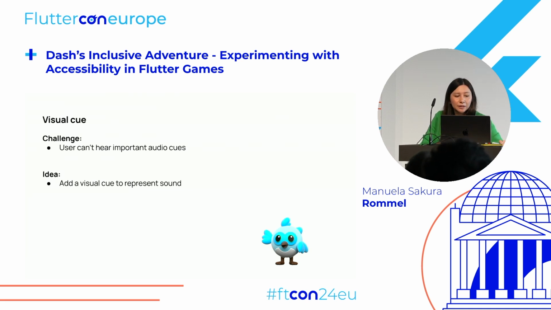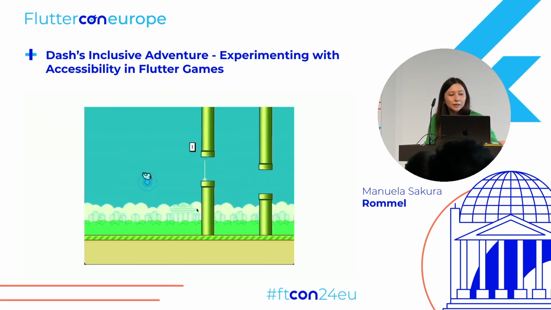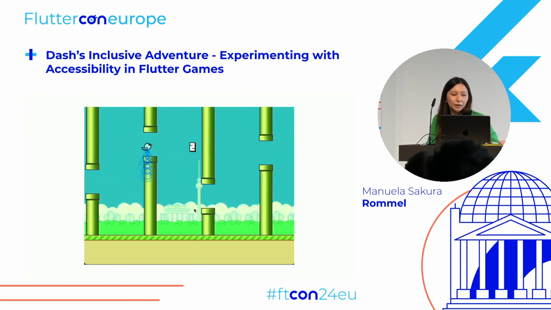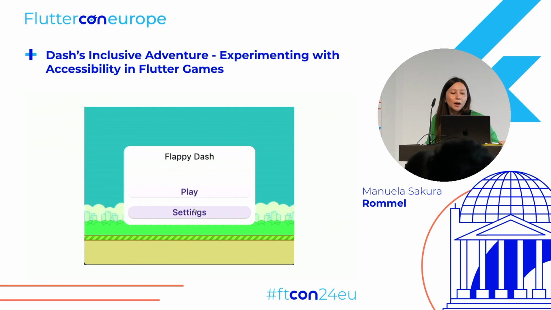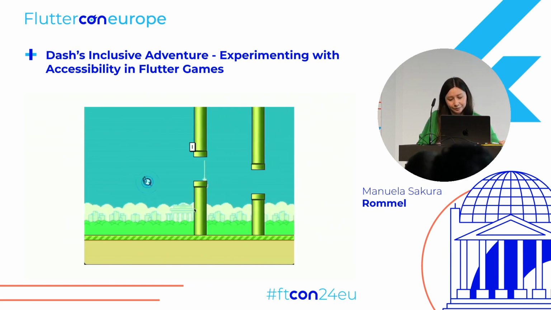So this is now a little bit made to fit, because in Flappy Bird you can play it without sound. It's fine. But if you want to see the bird jump up, then you could add some particles that are getting less and less, and basically show audio like that. Also, there is some audio for the points that you can get.